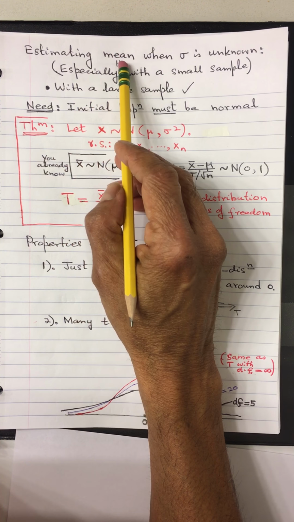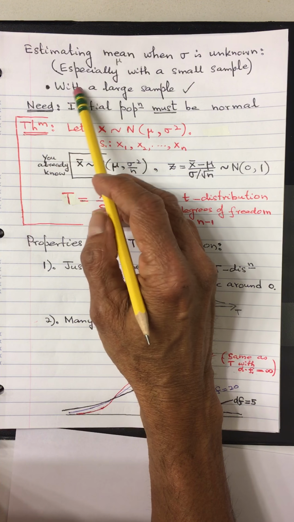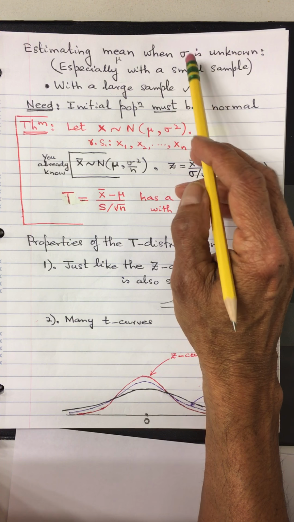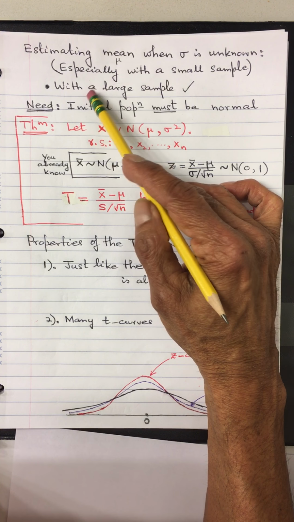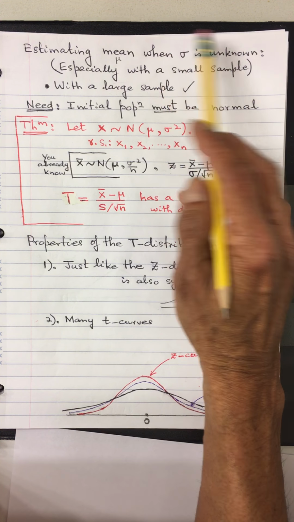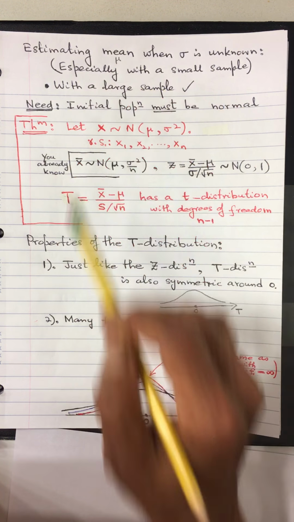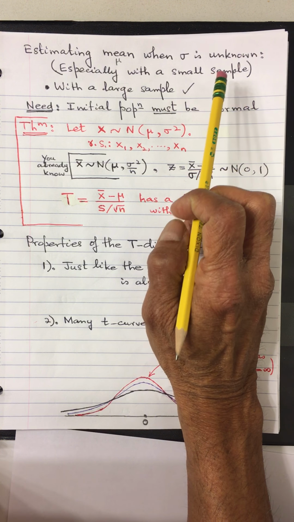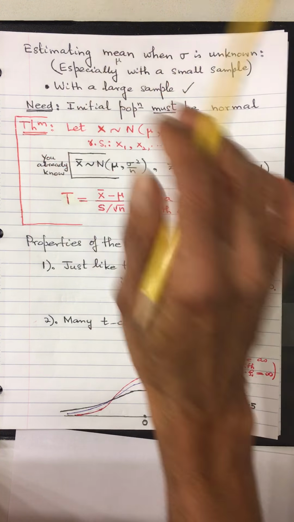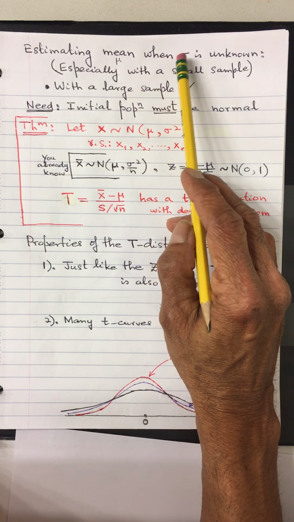Estimating mean mu when sigma is unknown. We already know how to handle the case when sigma is unknown if we have a very large sample. We did that one before. Especially this is going to be handy with a very small sample. Later we will discuss those details, but in general we are looking at the case where sigma